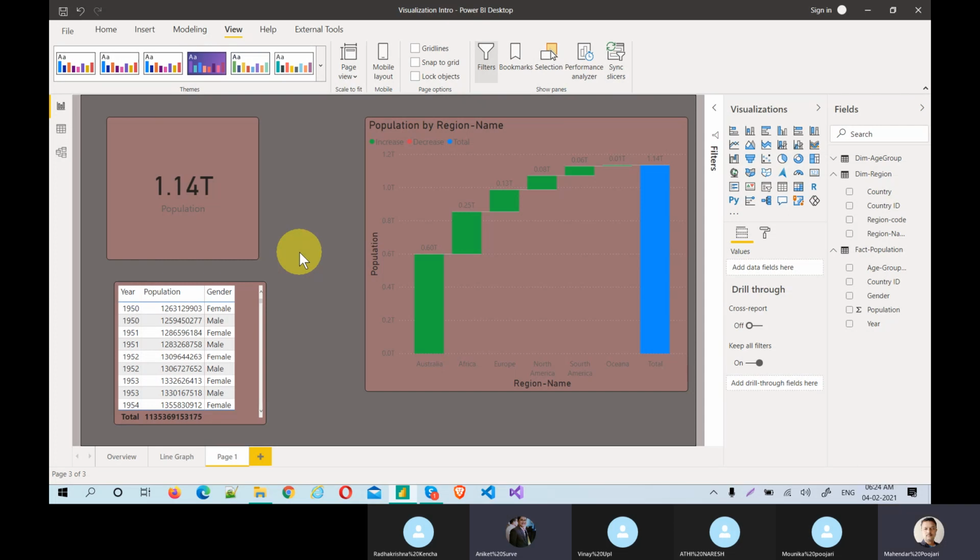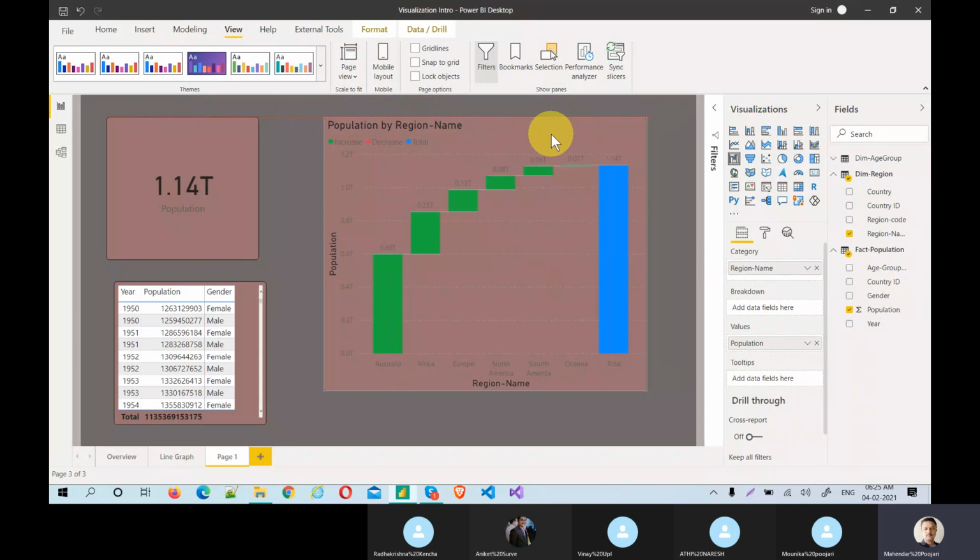But a theme is not for everything. It is just a generalized thing, let's say for the font size and headers. Those are norms basically. But sometimes you might need to apply some changes at the visual level also, even though you apply the theme. That is the case we are working on. So a theme is just for generalized concepts, but sometimes visual level changes might be required.